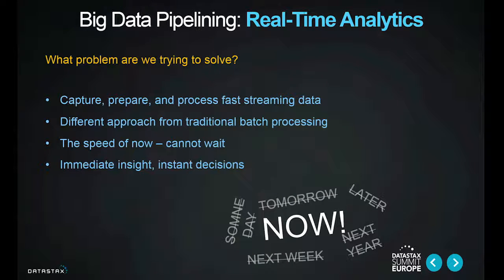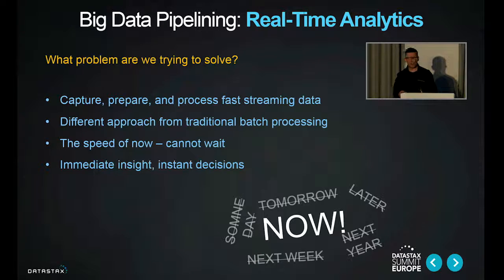So the problems we're trying to solve, we want to be able to capture, prepare, and process this streaming data, this data that's arriving at high velocity from a number of sources. And we know that we can't use traditional batch processing because it's not going to be running at the speed of now. We need to be able to analyze this data in real time. And this is going to give us immediate insight and tremendous commercial and engineering opportunities.